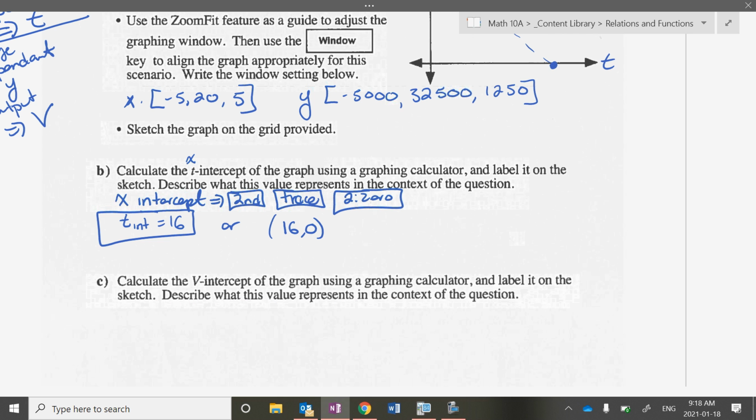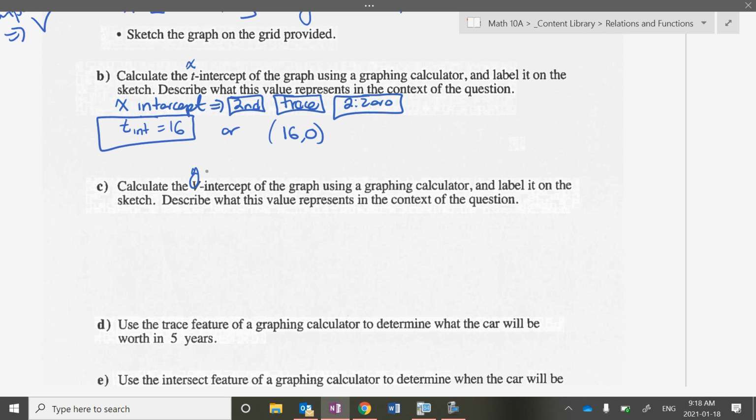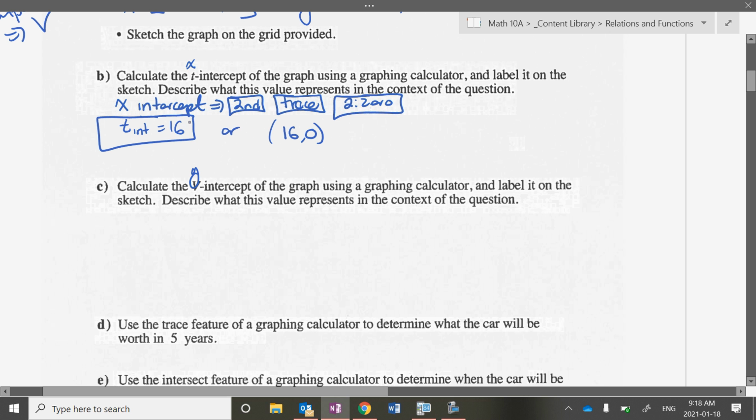Okay, next question. Calculate the y-intercept of the graph using your calculator. Oh, sorry, I didn't say, what does this mean in the context? So for our x-intercept, this is when the vehicle has no value. It's worthless. You're going to drop it off at a dump shop for scrap metal. So for your y-intercept,